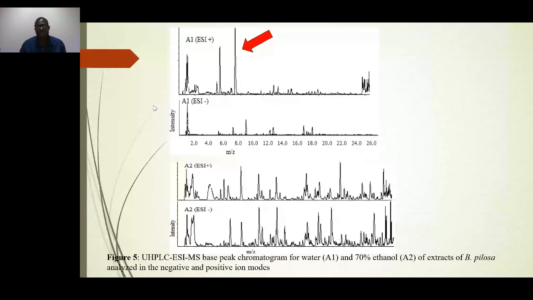So looking at the next one, you see that there is a different trend here, where we have the phenolic acid, 2%. This is the ethanol extract actually, and the flavonoid is 33%. So the flavonoid here seems to be about 5 times or 6 times more than what we have in the water extract. Then we begin to imagine, could it be the reason why we have differences in the bioactivity of